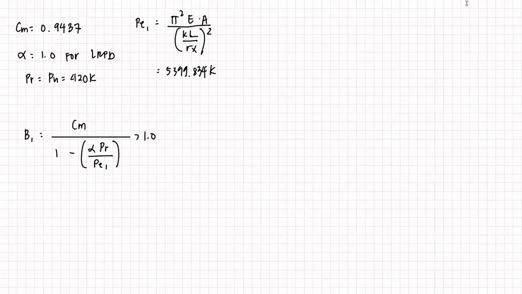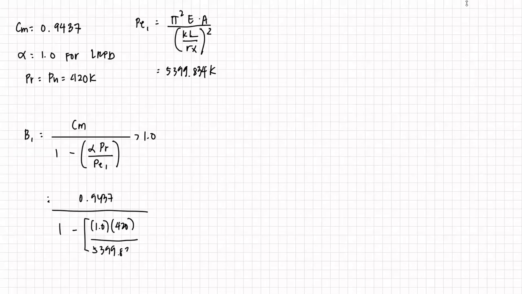So that is 0.9437 over 1 minus 1 times PR, which is 420, all over yung 539.9834. 0.9437 over 1 minus 1, 420 all over 5